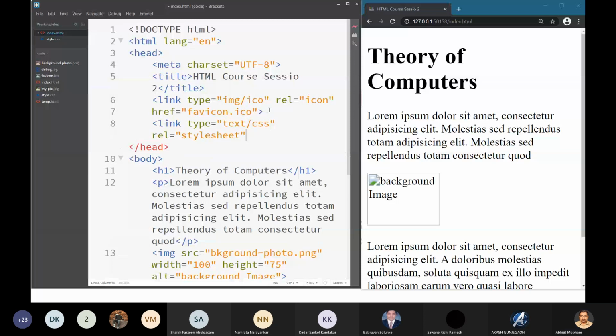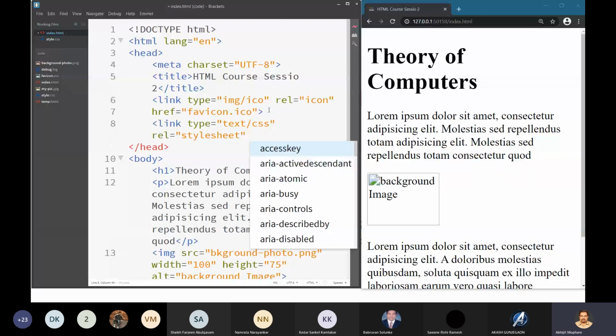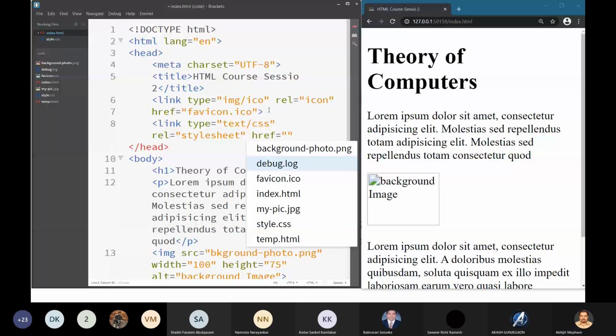And then you have to give the href, the hyper reference, to that file. So what is the file name? We have style.css. Correct? And the tag is closed. Don't forget to close the tag.